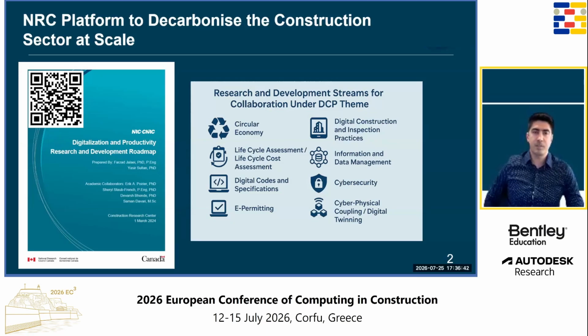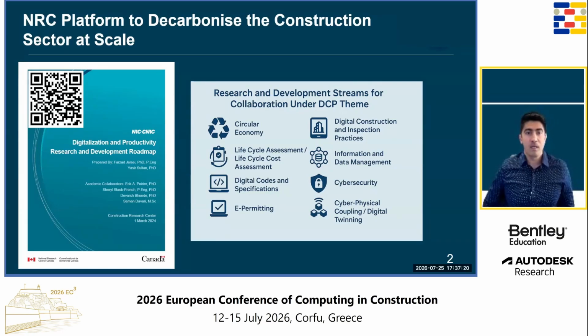National Research Council, and specifically Construction Research Center, is the R&D arm of the federal government, doing activities on advising the regulatory framework in terms of adopting new technologies, what emerging technologies and modern methods we can offer to the construction sector, and specifically how we can reflect them into the codes, regulations, and